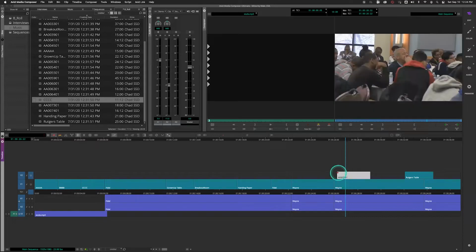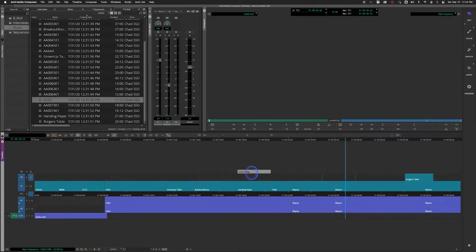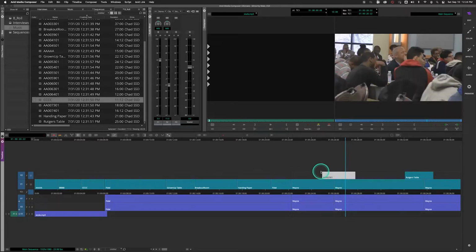And if I have stuff on upper tracks or if I have music on lower tracks and I just want to shift the music over a little bit, I'll tend to use lift overwrite. Because what it's saying is it's lifting it out of here and then overwriting it someplace else. And the reason why I approach it from this kind of strategy is that here, for example, if I had these clips,